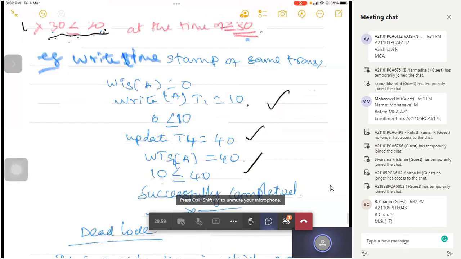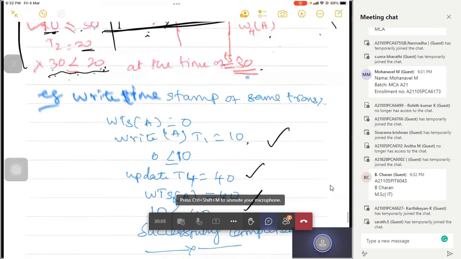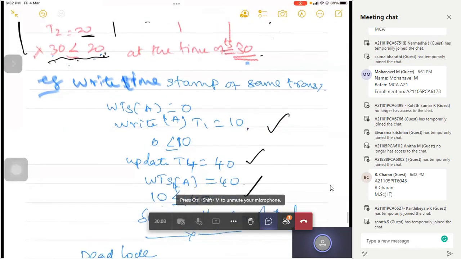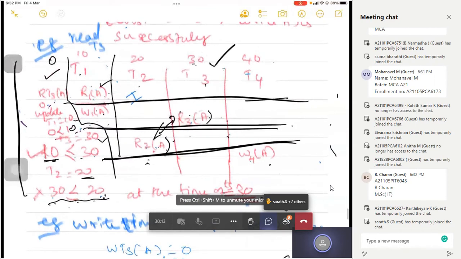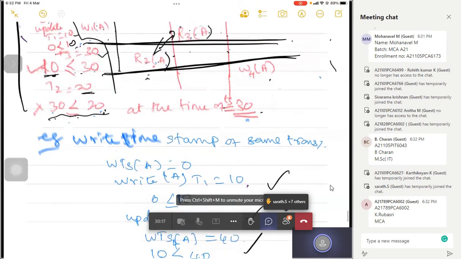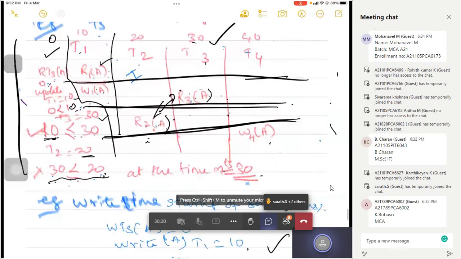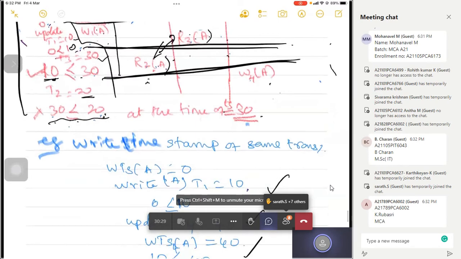Okay. Write of TS. Write of TS of A is equal to 40. Yes, 10 is less than or equal to 40. Successfully completed. So listen here. ரீட் ஆபரேஷனை பத்தி சொல்றாங்க, ரைட் ஆபரேஷன் பத்தி சொல்றாங்க. ரைட் டைம் ஸ்டாம்ப் இதுல 0ல வருது. 0 ஸ்டார்ட் ஆகுது. 0ல ஸ்டார்ட் ஆகி 10 முடியறதுனால 0 லெஸ் தென் ஆர் ஈக்குவல் டு 10ன்னு இருக்கிறதுனால T1 ஆபரேஷன் வந்து